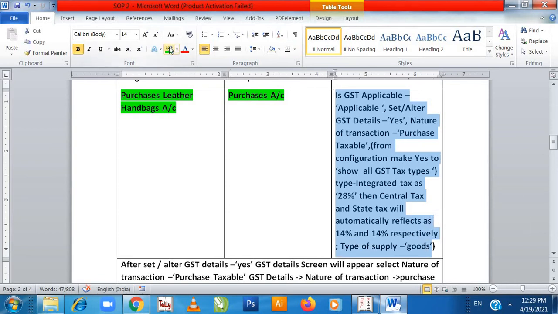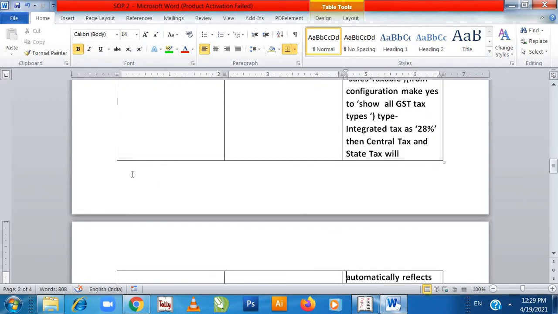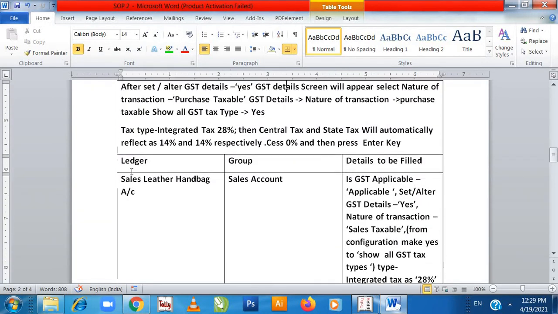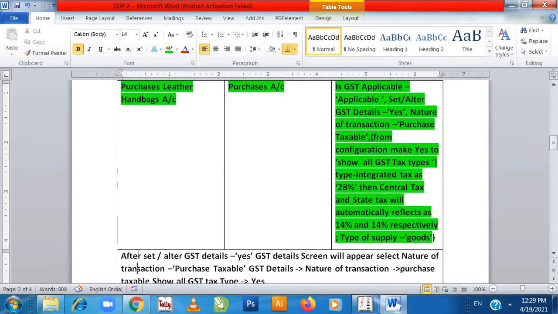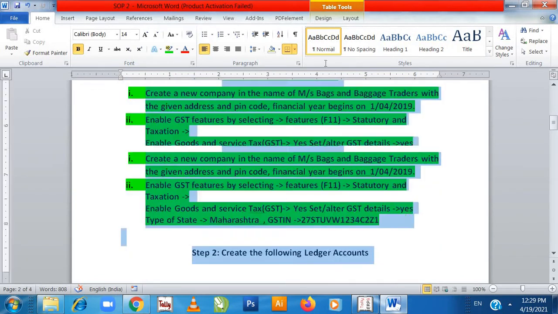So till here we have completed our steps. After set and alter, the GST details screen will appear. Nature of transaction purchase taxable. This we have already done, I'm just highlighting it once again.